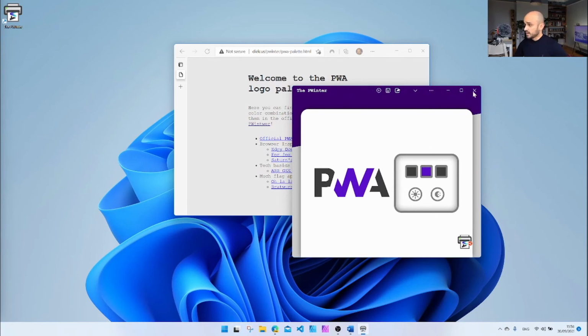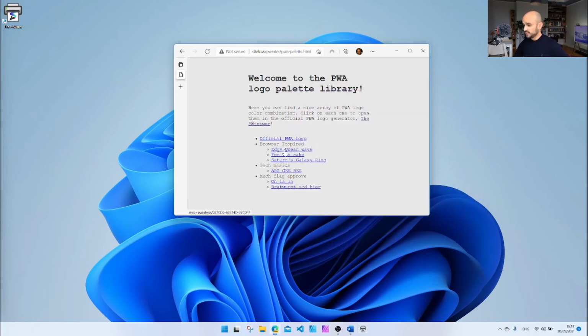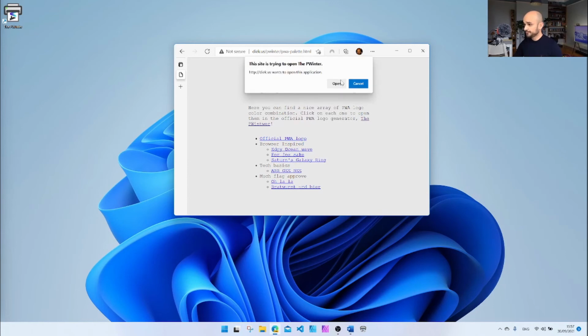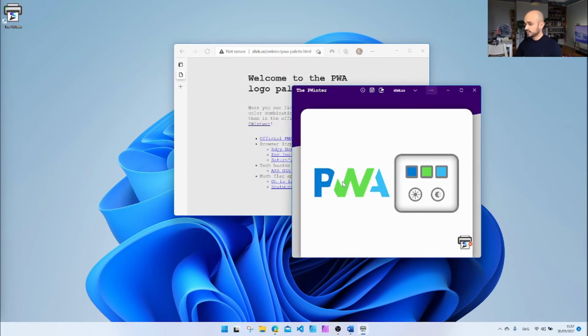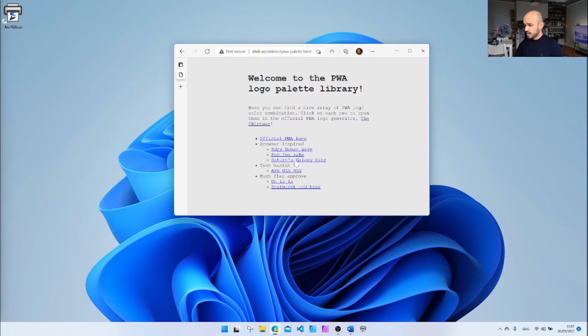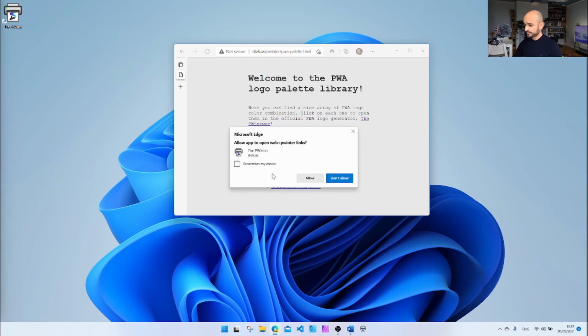And there you go. I'm going to try another one here, Edgy Ocean Wave. Again, same process. I can actually tell it to remember my choice just in case. And you can see how we are creating this logo based on a protocol. Now, one more time so you can see it. This one is based on the flag of France.